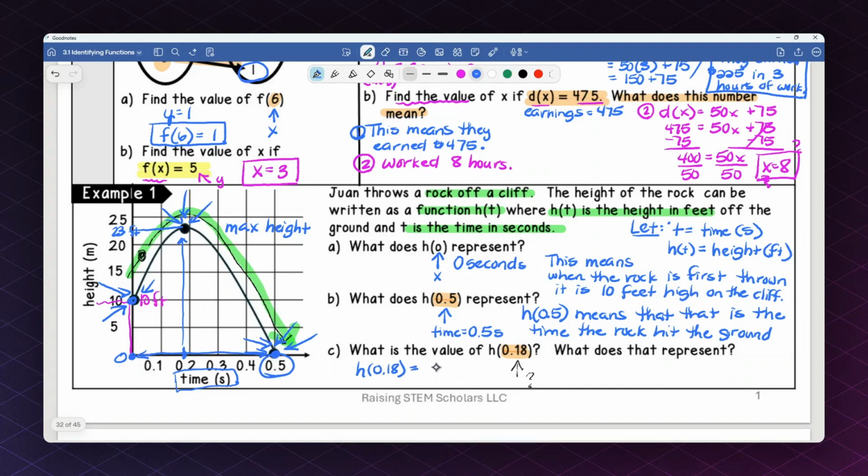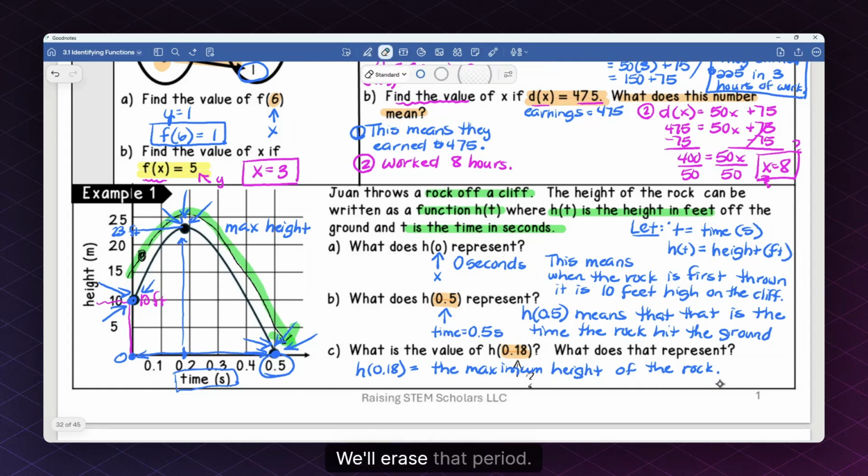So this is going to be the maximum height of the rock. And that is, well, let me erase that period. Here we go. And I can erase this here because that was a little messy. Okay, so the maximum height, I should probably fix that. See, this is what happens when you start erasing and you keep erasing stuff. It gets worse. Okay, so the maximum height of the rock is